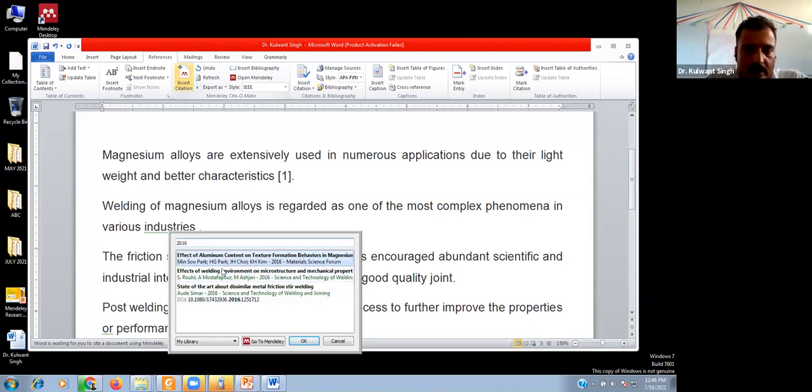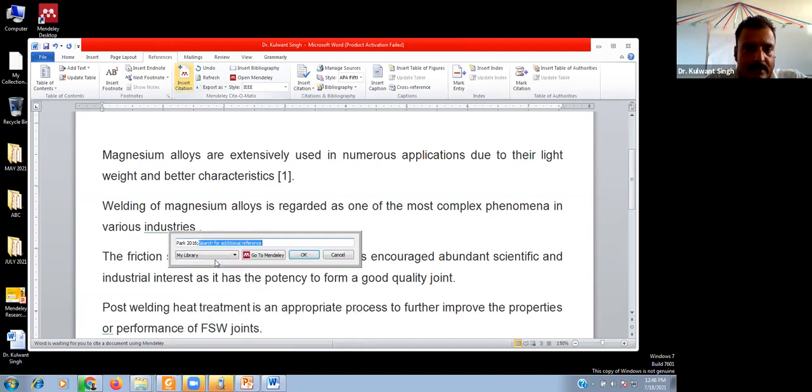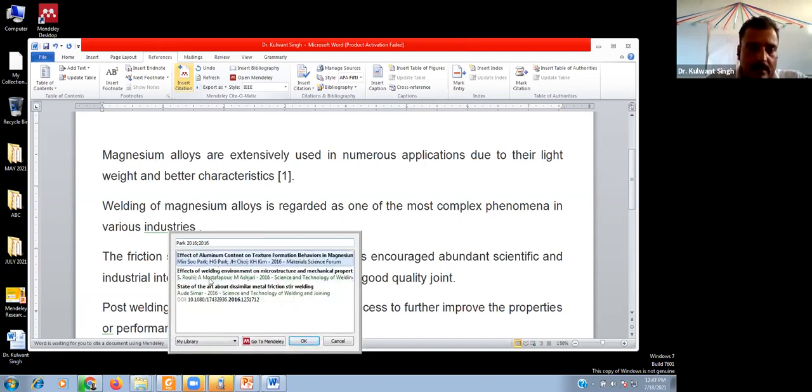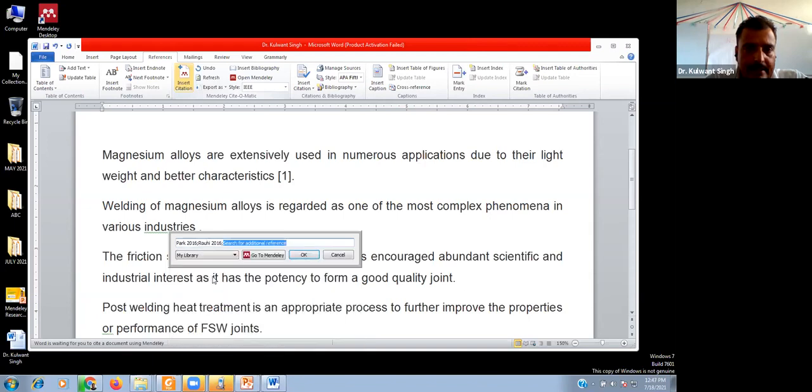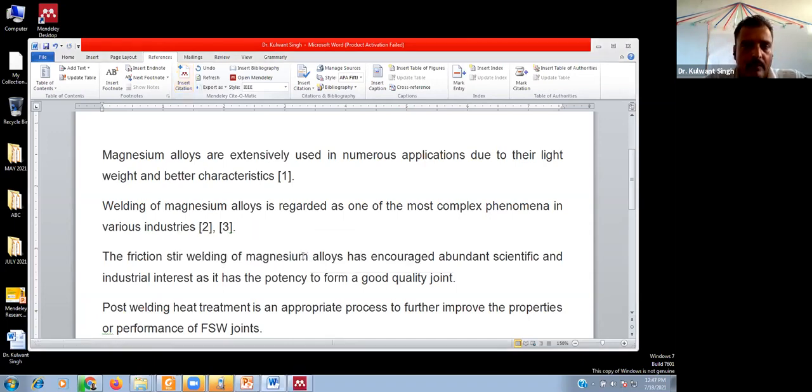There are two documents with the year 2016. Just click on this, or again like this. This search totally depends upon your keywords or your document or your topic. Now, the second and third citations are inserted here.